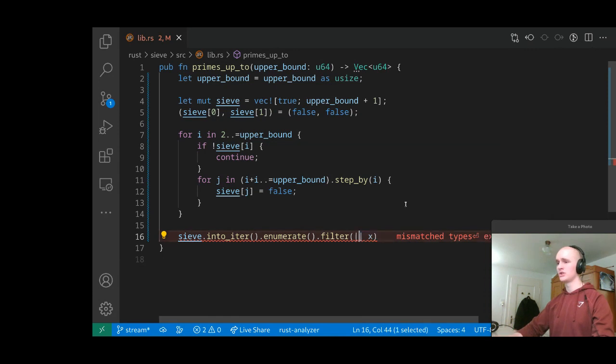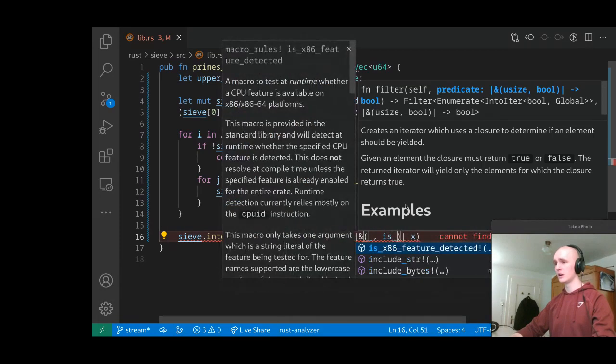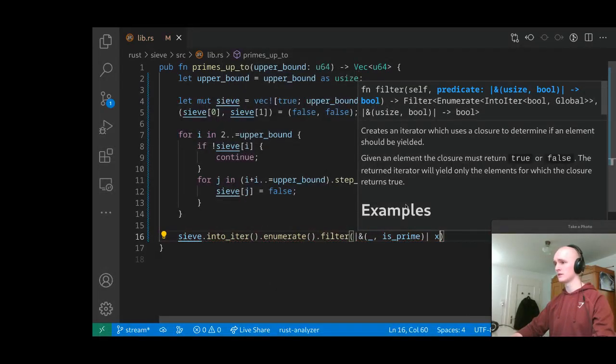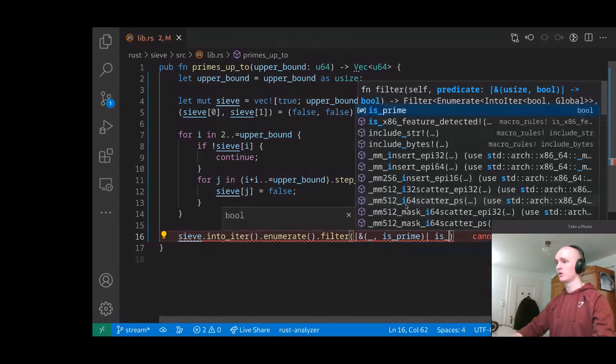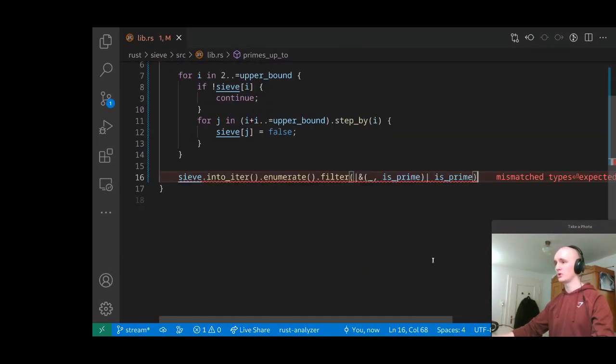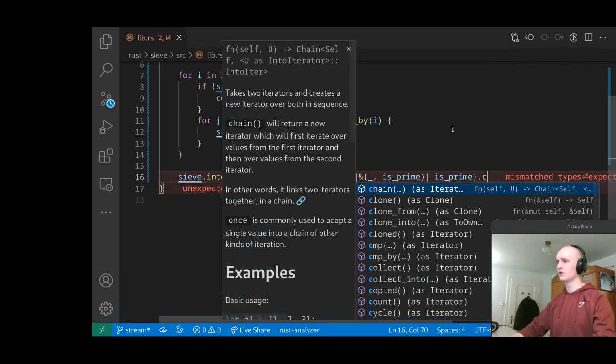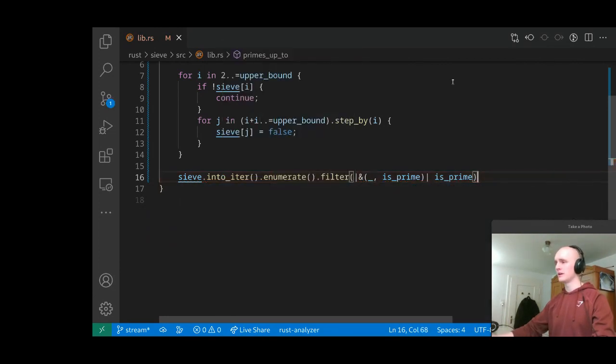So we should actually be able to destructure this right here and say this is prime, right? Seems like a good name. So we're just filtering all of the elements that are prime. And at the end of the day, now that we have filtered, the actual elements that we need